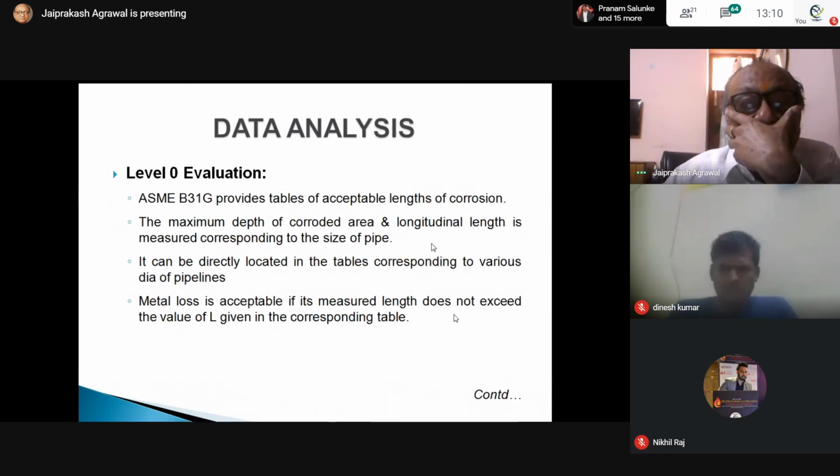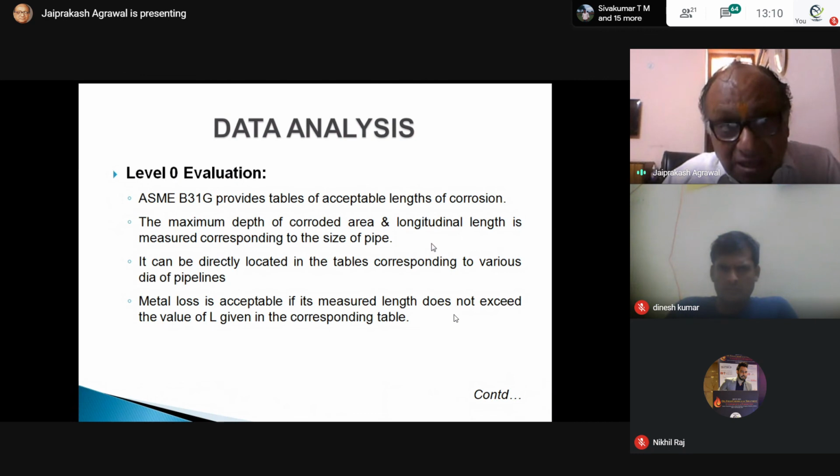This is the level 0 evaluation as per B31G. So there is a criteria where your pipeline stands, depending upon the metal loss, whether it is in the critical zone, or in the planning zone, schedule zone, or whether it is only in the monitoring zone.